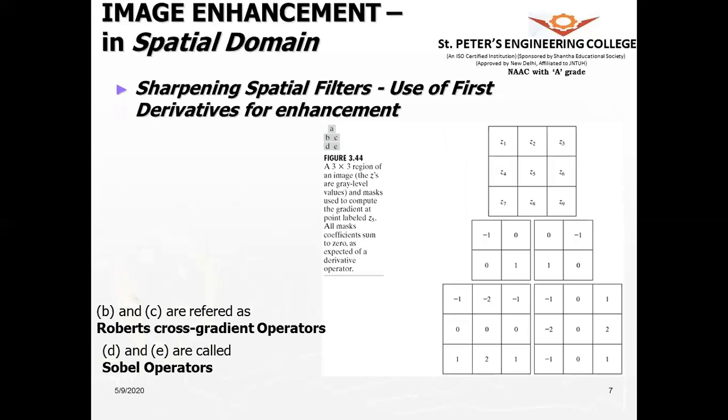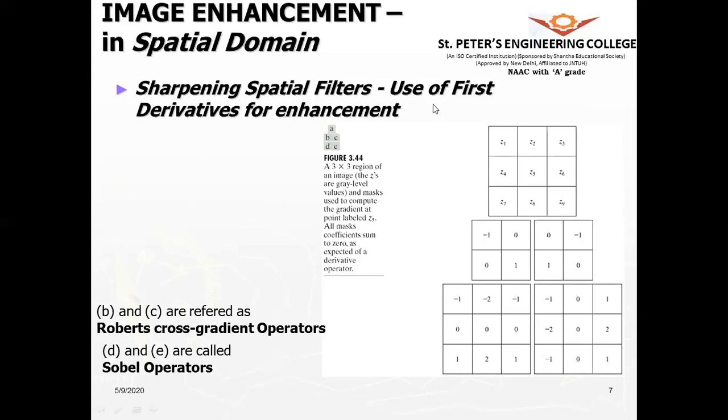Next, you can perform the sharpening operation. Sharpening is a high pass operation, whereas smoothing is a low pass operation. In this case, you can use the first order derivative. You know that sharpness is the edges. So edges are all contained in the sharpness. Therefore, they are all the high frequency information, so they can be obtained by using derivatives.